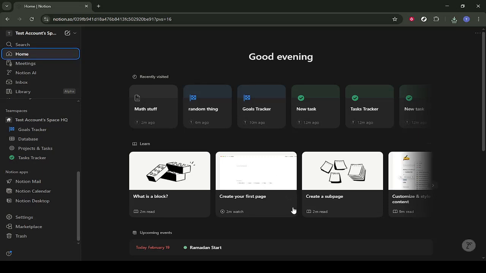In today's video, I'm going to teach you how to integrate ClickUp with Notion. We're going to walk through using Notion's native integration so that your ClickUp tasks can show up cleanly inside your Notion workspace. By the end, you'll be able to connect the two tools and start embedding live ClickUp task links